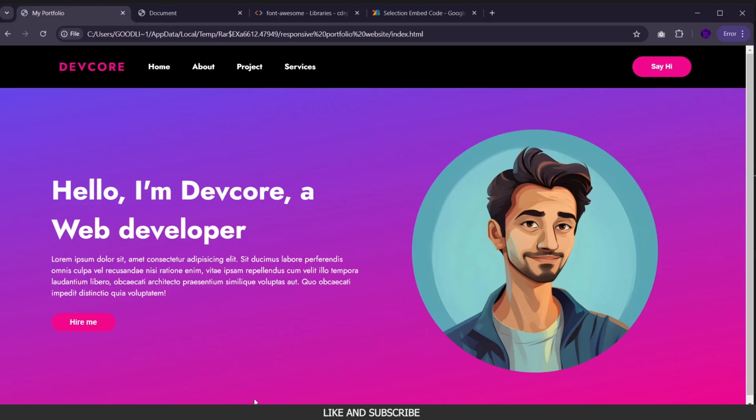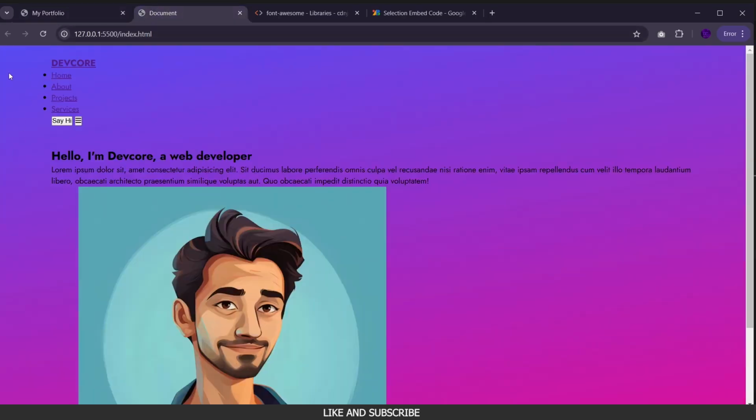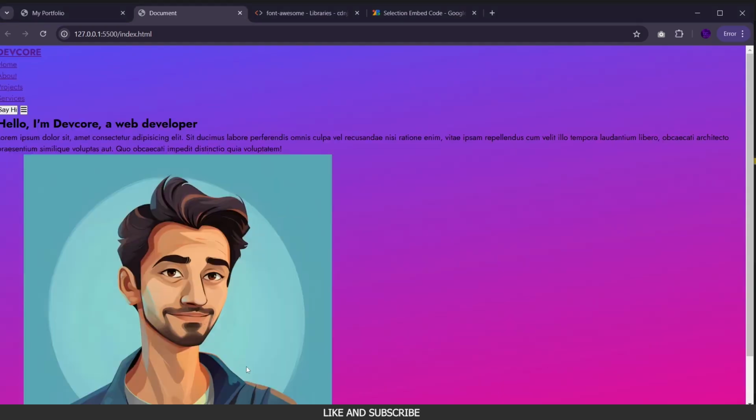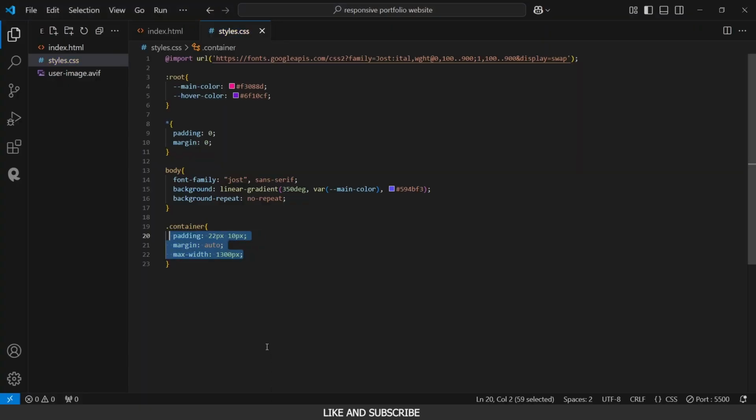Now let's see what that looks like. As you can see, our space is right there, but if we remove this, everything sticks to the side of our website, and that is not what we want. So let's uncomment this. Next, we're going to target our navbar container itself,